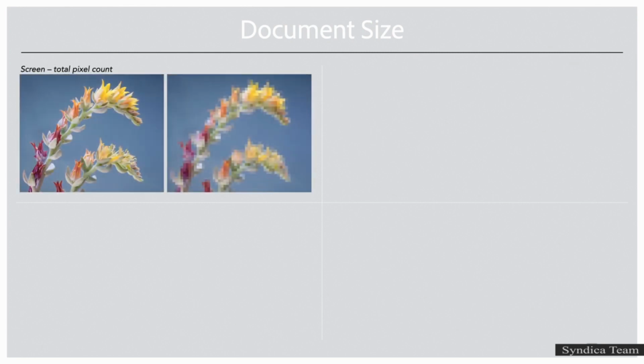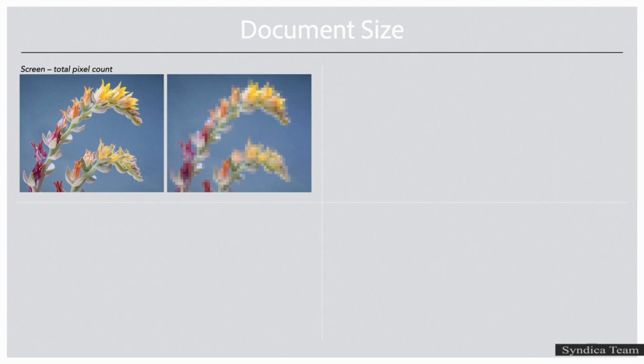So first, let's discuss the dimensions of a document that will be displayed on a screen such as a monitor or a phone. What's most important in this scenario is the width and height of your document in pixels, not in resolution. So all screens have a specific number of pixels, so your document needs to have enough pixels to fill the portion of the screen where the image is going to be displayed. The resolution of the file really doesn't matter because the device is going to map a single pixel in the document to a single pixel on the screen.